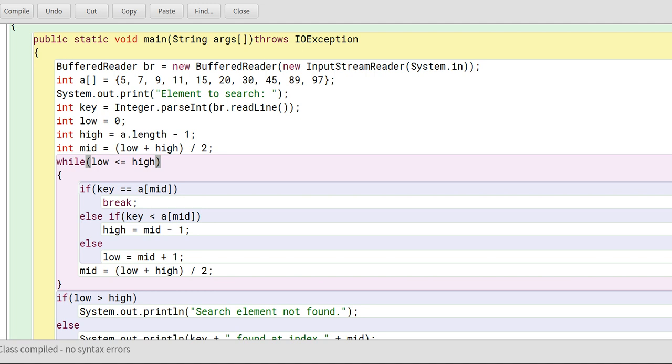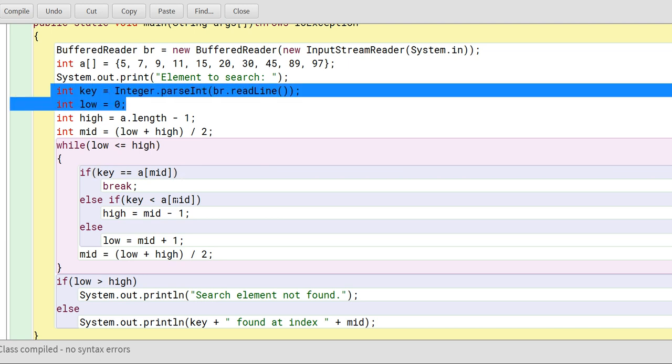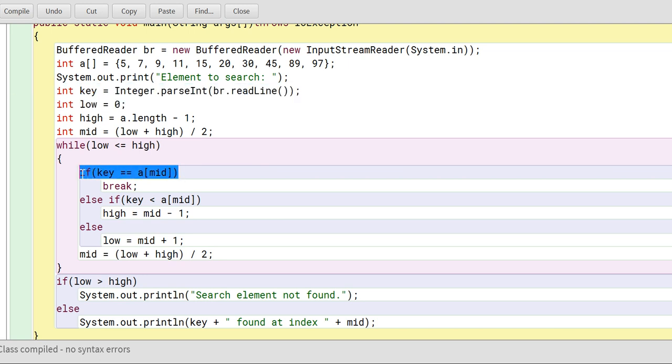In the first case, the first statement is key equals a[mid]. If the element you entered from the user matches the mid element, then your searching is completed.